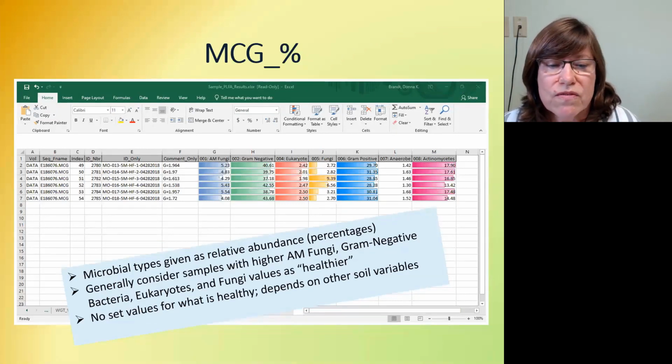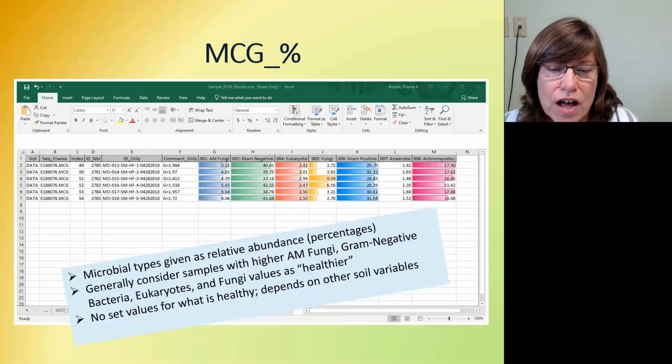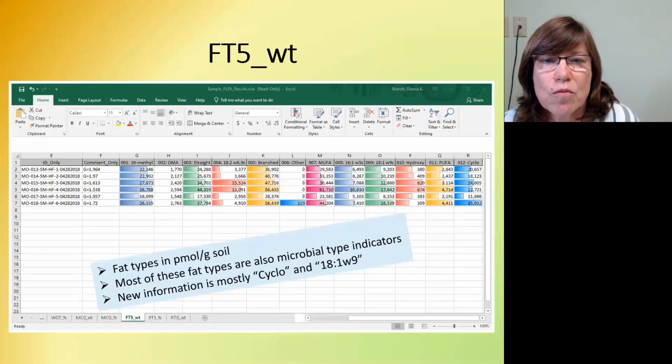Another way that we give this same information is as a percentage of the total, so it's relative abundance. This is more like making a pie chart. What is the relative abundance of all these different kinds with the total population considered as a whole? So we give the information on how all the different phospholipids were used to categorize by microbe. We also give